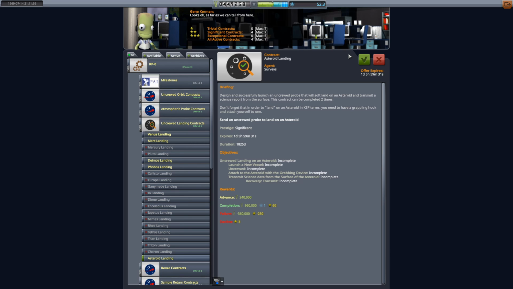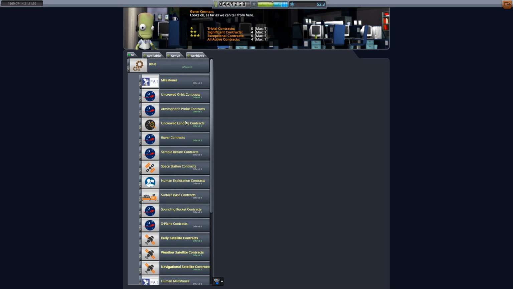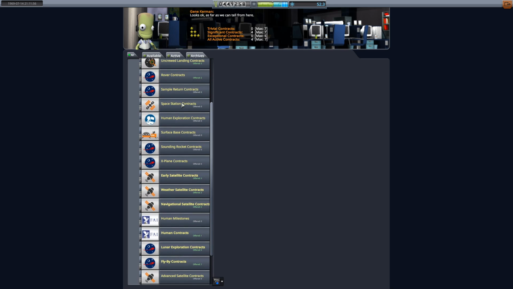But they rendezvoused with the asteroid, they landed on it, they collected a sample, and then they returned that sample to Earth. Holy crap, that's so cool. This only asks us to do the rendezvous part, but still, that's really neat. So that's a cool thing. I didn't realize that was something. But then again, I don't think I've ever been this far in RP-1, so...